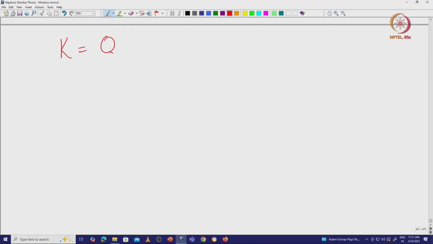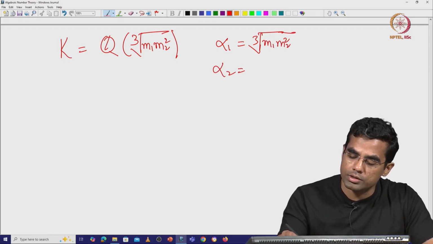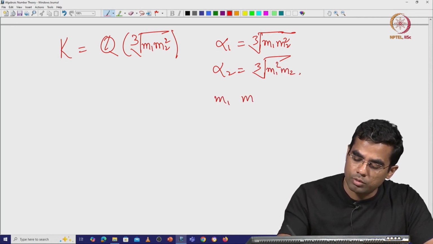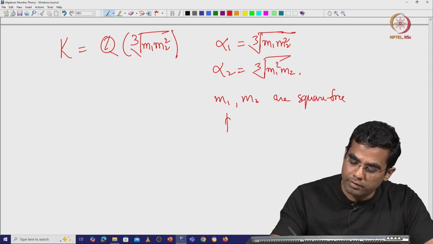So, in the last lecture we started the study of pure cubic fields and we started proving a theorem about finding the ring of integers of this cubic field and its discriminant. Let me recall what we did. A pure cubic field we can assume without loss of generality to be of the form Q(cube root of m1 m2 squared). So alpha 1 is the cube root of m1 m2 squared, alpha 2 is the cube root of m1 squared m2,